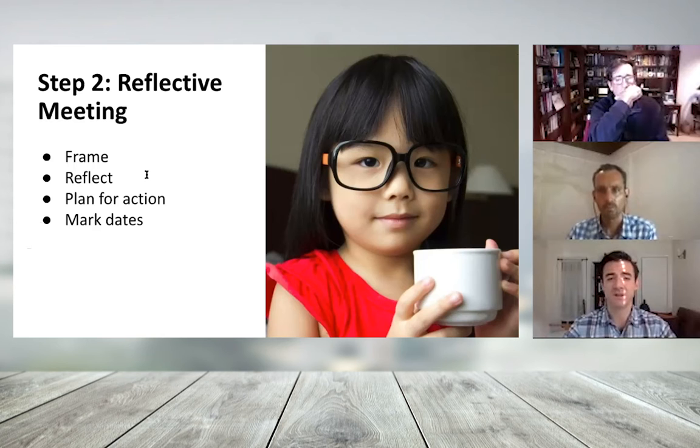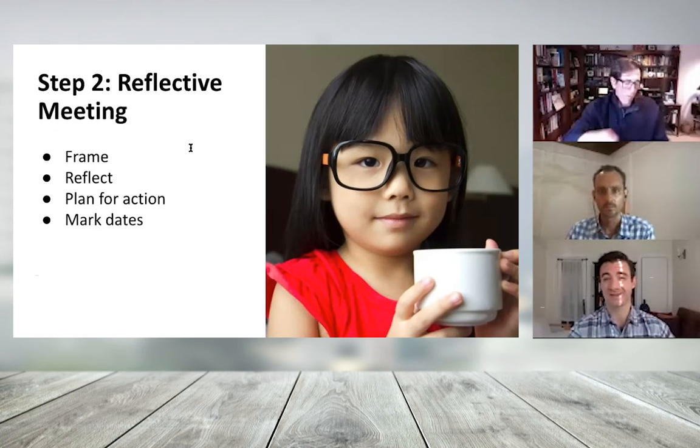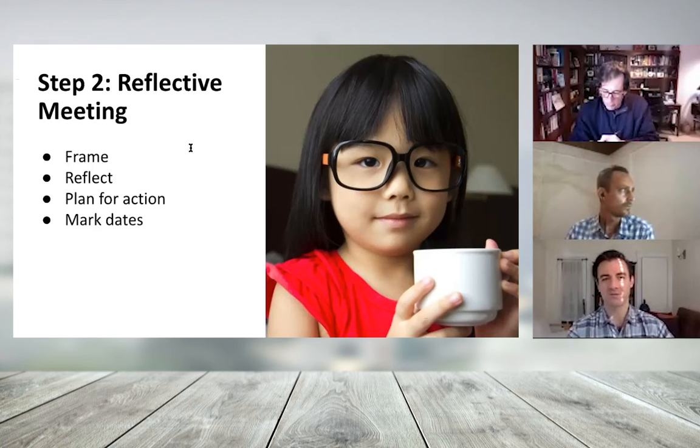So during that reflective meeting, school adults will hopefully have an opportunity to not only reflect on the importance of key relationships in their own lives, which I think is a practice that is worthwhile at any time, but it's also a time where they begin to link up with students who need their support. So in the first part of this big meeting, the first big meeting that you're going to hold, you're going to be doing some framing for about 15 to 20 minutes.